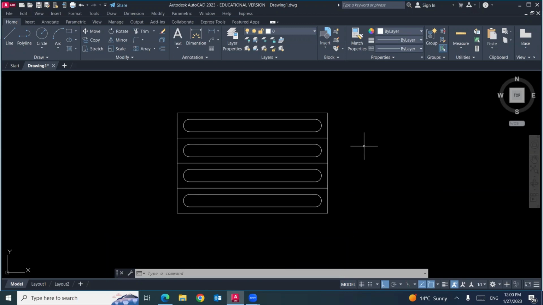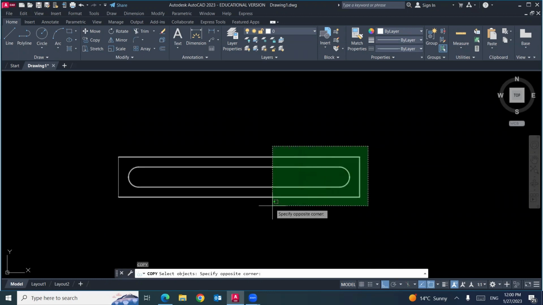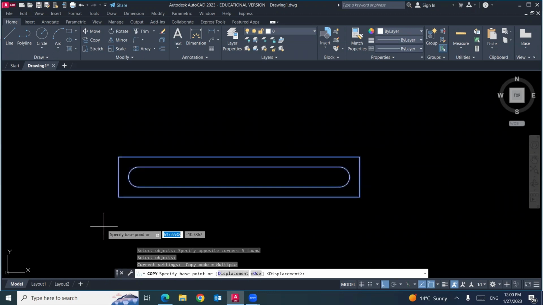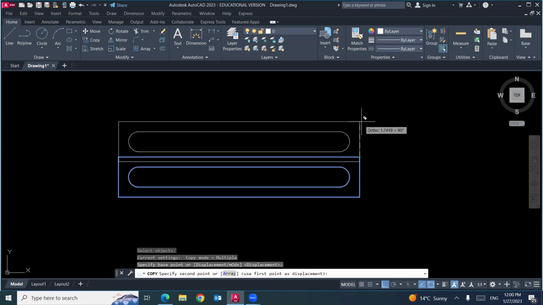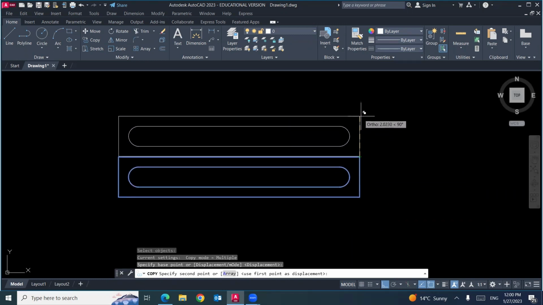That makes sense? I will repeat it one more time. In this case, I make copy. So I will call CO enter, select the whole object, and I will select this object from a specific point, this point, not this point. If you select from here, where I can put it, I need to adjust it. No way.